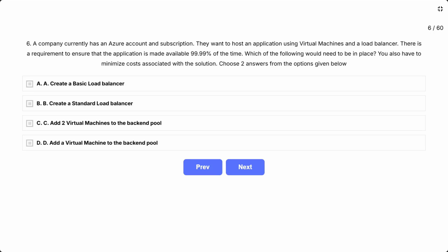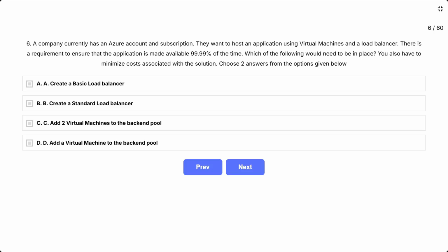Question number 6. A company currently has an Azure account and subscription. They want to host an application using virtual machines and a load balancer. There is a requirement to ensure that the application is made available 99.99% of the time. Which of the following would need to be in place?